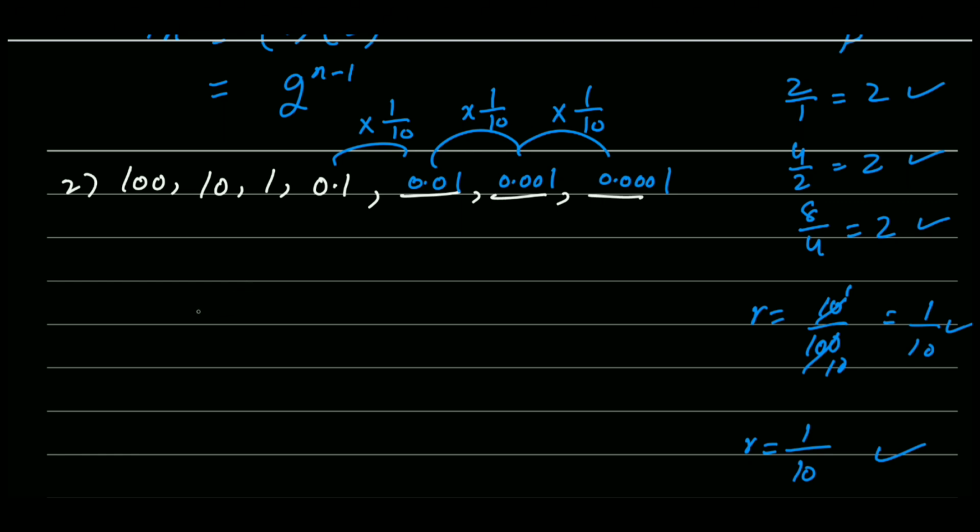And if you are going to find the nth term, Tn is equal to a r raised to power n minus 1. A is 100 here, r is 1 by 10, and n minus 1 will remain as it is. So this will be our answer. We cannot cancel this 10 with 100 because this term has a power and this value is without power. So we cannot cancel them, we cannot cut them down. So that will be the nth term of this sequence.